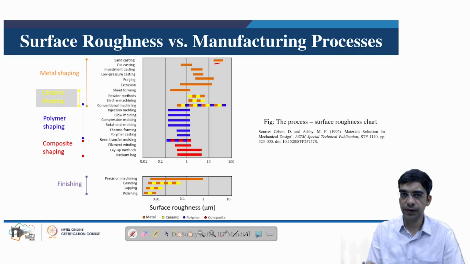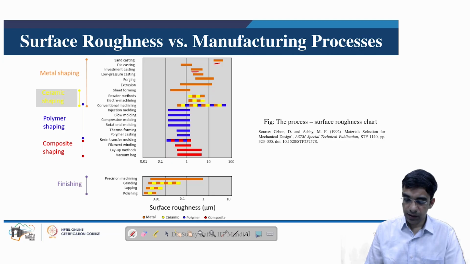Whenever surface roughness is high, such parts are subjected to machining to improve the surface finish or reduce the surface roughness. Or we can have other processes like investment casting, where the surface roughness is much less compared to sand casting, and this type of process is very popular for producing gas turbine blades, as we will discuss in further slides. And the surface roughness reduces further with finishing operations, as we know, using grinding, lapping and honing, or maybe the polishing process.